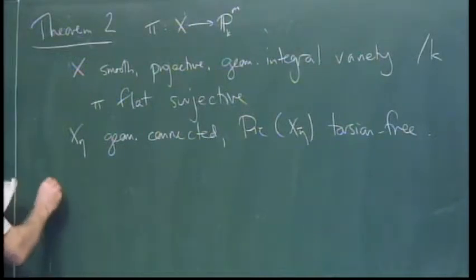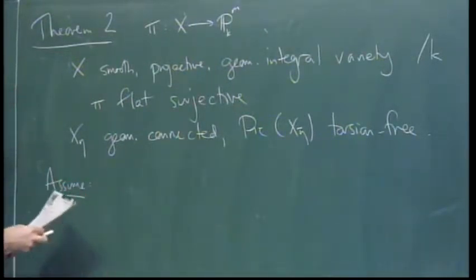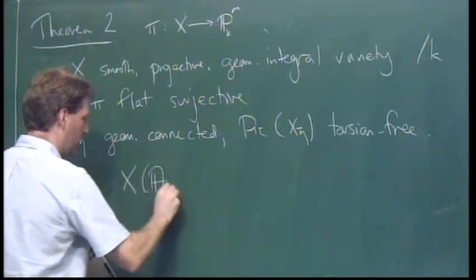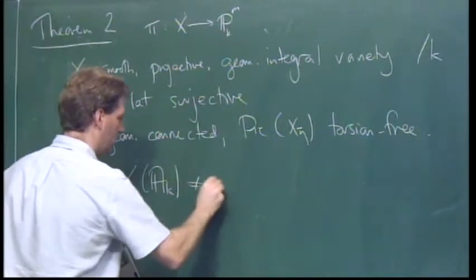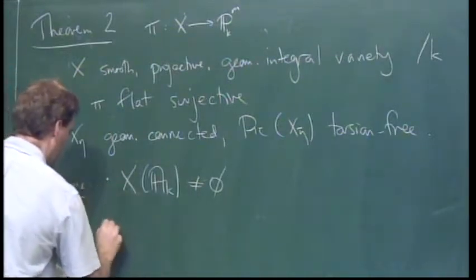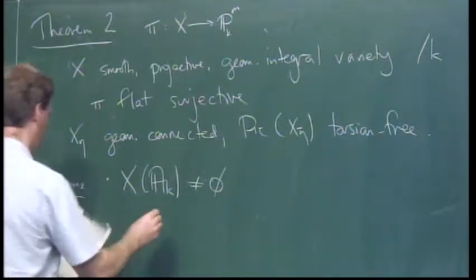Now we need to make a whole bunch of assumptions. So first, some easy ones. Let's assume that we have an adelic point on the whole of X. The whole question's uninteresting if we don't. And let's assume that there is an element somewhere which might possibly give us an obstruction to weak approximation on the fibers. So let's assume that either